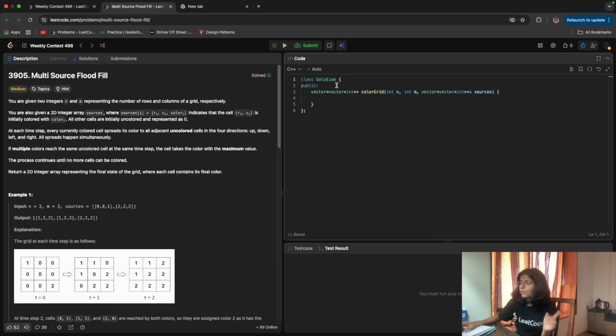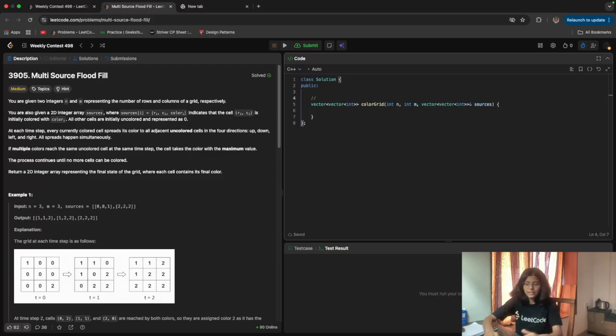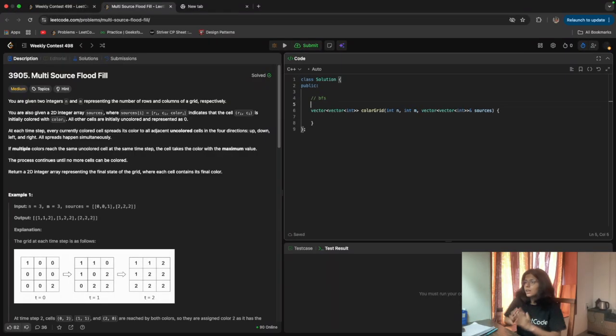So after reading this and the intuition, I told you that we will use BFS. In BFS, if we have visited a cell then we don't color it, but as they have told us, though it is colored we will take the max value. What if we went and its value is 0, we colored it, but at the same level another cell's color comes and its value is more?